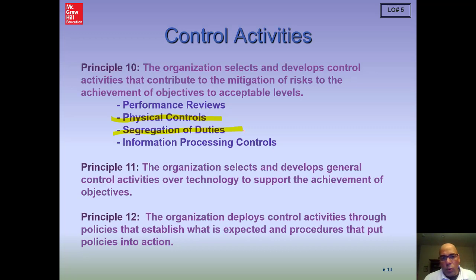When you look at those departments, it gets a little confusing to remember which department is responsible for which activity, and you always look at the departments as either being an authorization department, a record-keeping department, or a custody department. When you look at them that way, and I'll be pointing that out to you as we go through these chapters, then it's a little bit easier for you to pick out the appropriate function when you start looking at homework, quiz, and then eventually our second midterm questions related to the segregation of duties. You're going to see that it's always either an authorization department, record-keeping department, or custody department.